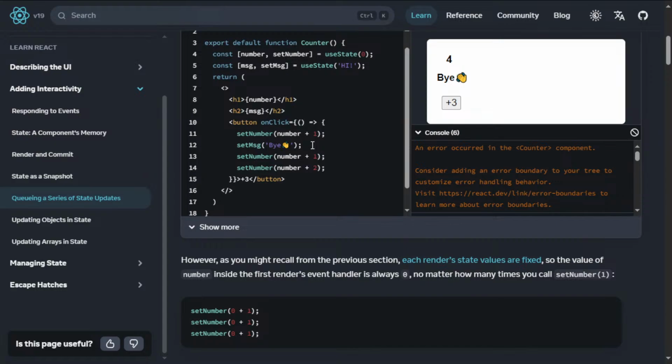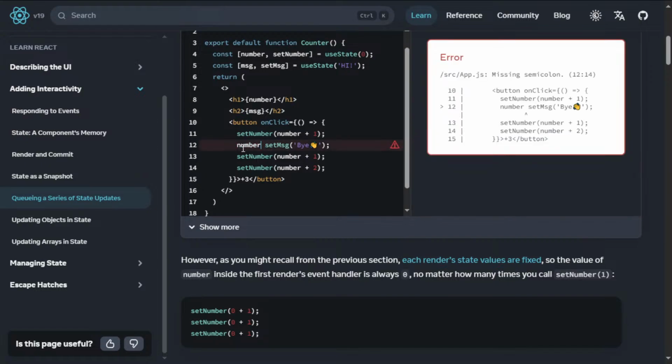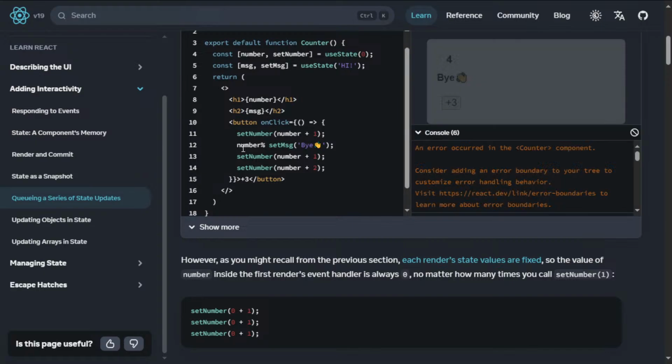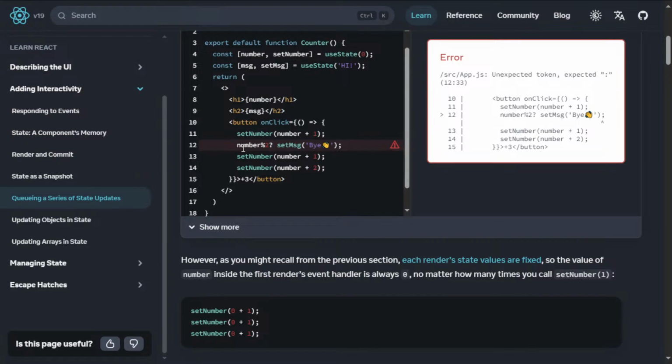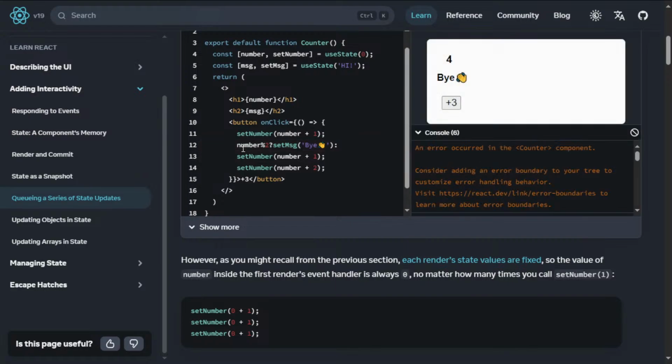Now if I add one more condition here: if my number divided by 2 is odd, I will say "bye". If my number is even, then I will say set message to